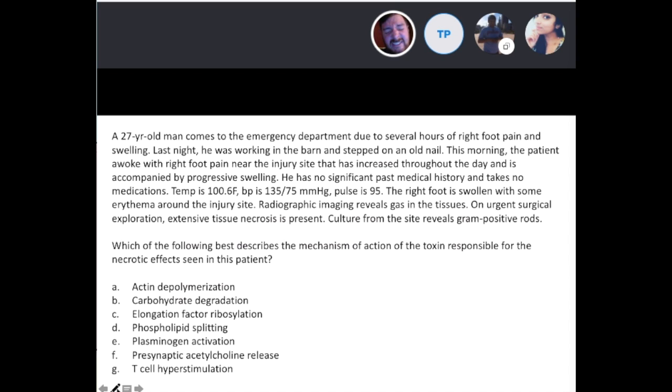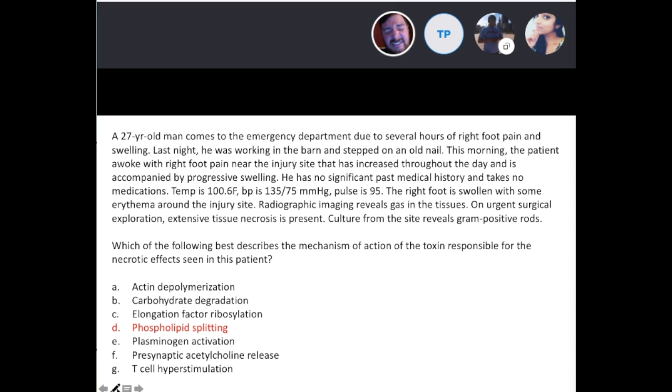So is this the guy A? Let's see, B? Don't they use carbohydrate as their food source, and then the gas from it? Oh wait, no, it's D. Yeah, phospholipids. That's what they use for their food. The correct answer is D. They do use carbohydrates for energy, right, but the phospholipid is where the gas comes from.